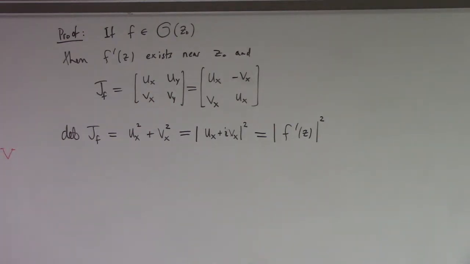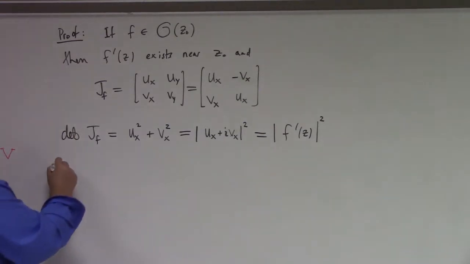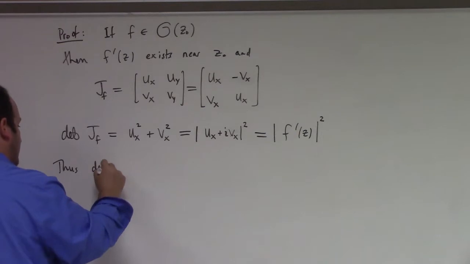But there you go. See, because that means that if we have, so thus, the determinant of the Jacobian of